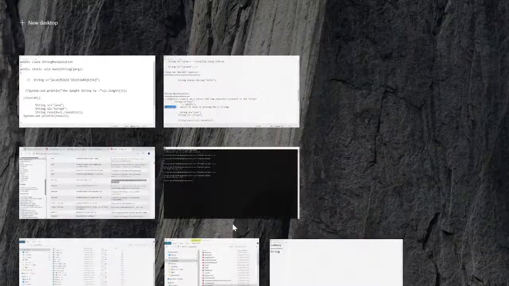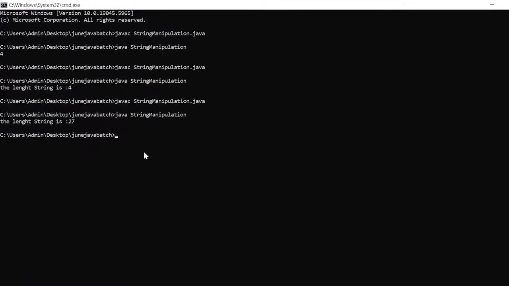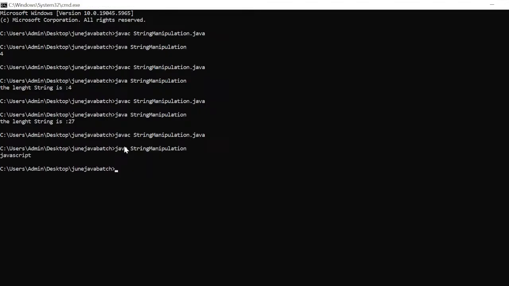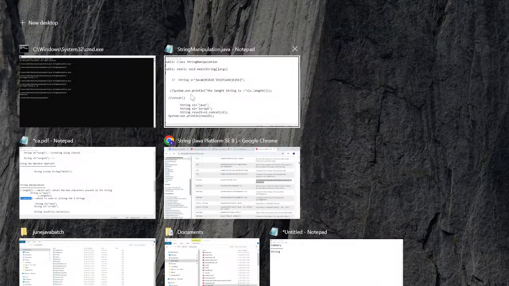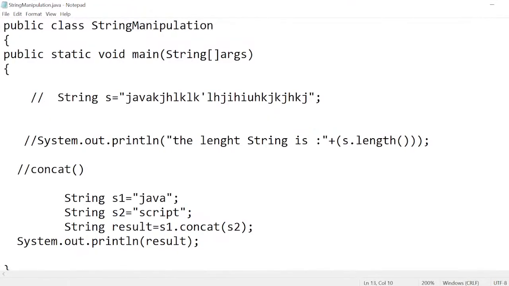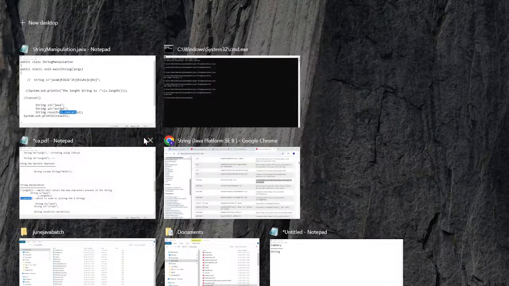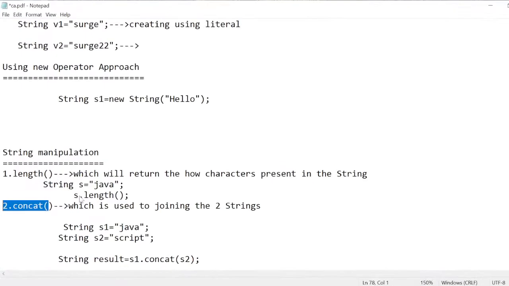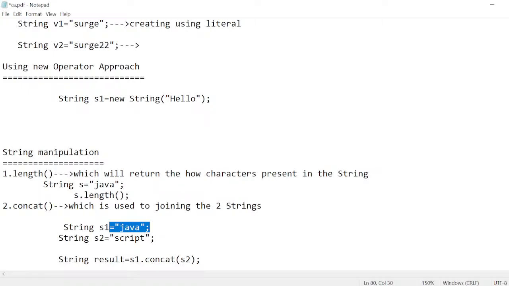I am saving this one, and now I run it wherever the Java file location is. Go there, open command prompt, compile the program: javac StringManipulation.java, and java StringManipulation. You can see here I am doing the concatenation. In the program they are on different lines, this is on a different line and this is on a different line. So I'm using this method, and I am joining the